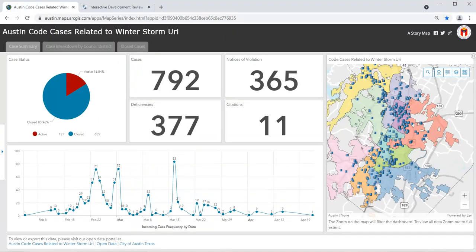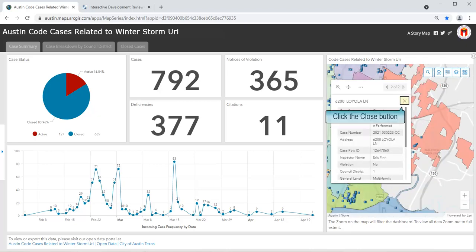A second option for search is to search in a general area on the map. If you click on a blue square, the tool will show you that address, and if it is part of a tight group of properties, the tool may also show you information on those properties around it. Like we showed you before, the pop-up window will display the number of properties it brought back in your search. You can then use the forward and back arrows to navigate. You may also want to use the Zoom In Out feature, as shown here, to find a specific property or search in a specific area. Let's close this pop-up window and learn how to use filters.